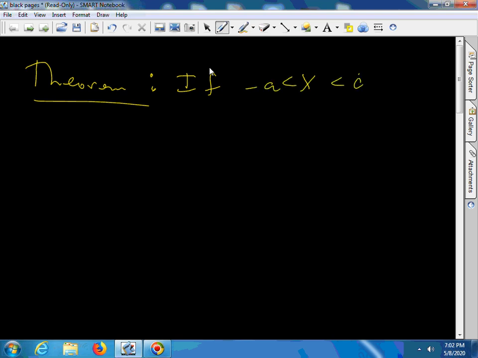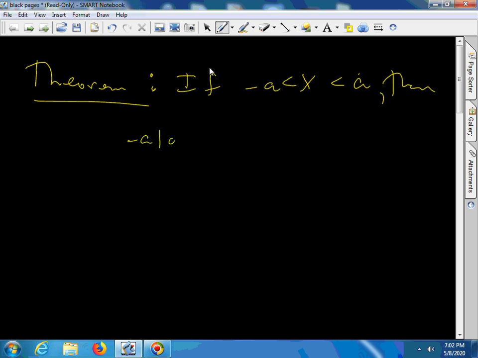Going to prove a theorem regarding absolute values. It can get you out of a jam sometimes. And the theorem goes like this. If x is in between negative a and a, and of course, a and b, which I'm about to write, are real numbers, then